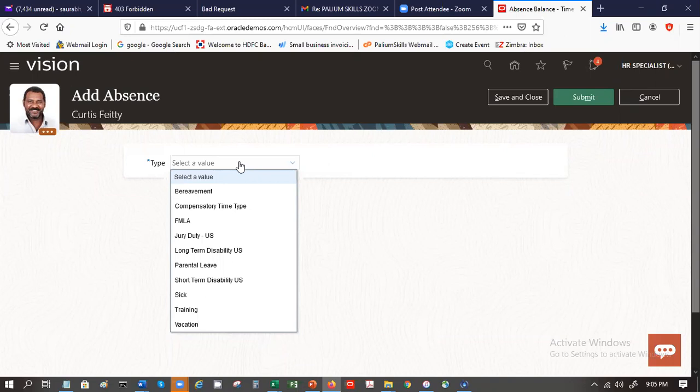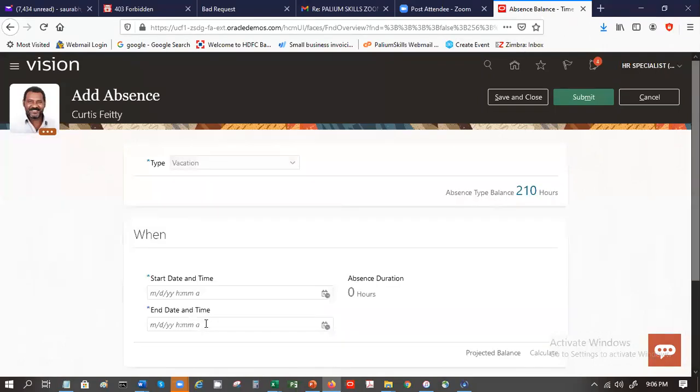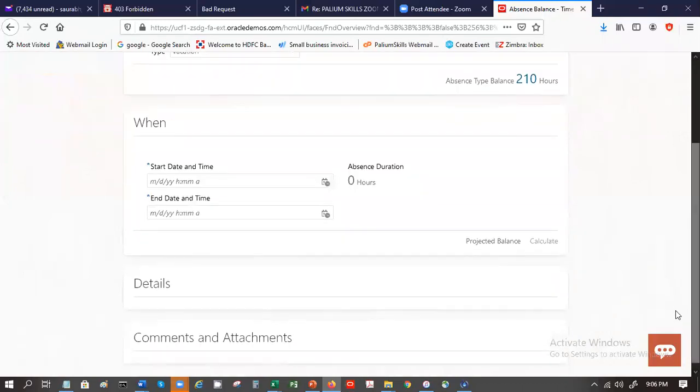So these are the different types of absence that you have. So if you are talking about, let's say, vacation, and then you can have a start date and end date.